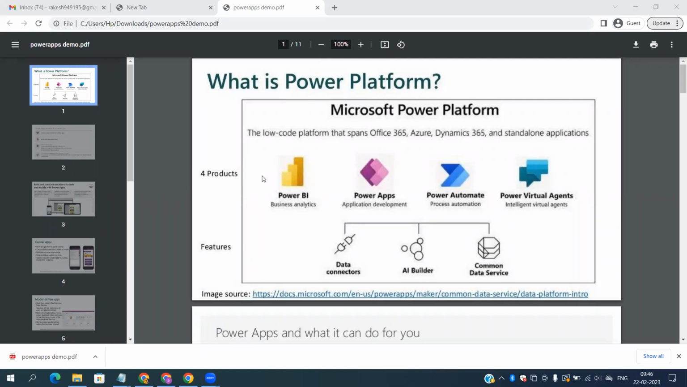So let's start. Let's start with a little overview or intro regarding the Power Platform. Then we'll move to these components like Power Apps and Power Automate. So basically, coming to the